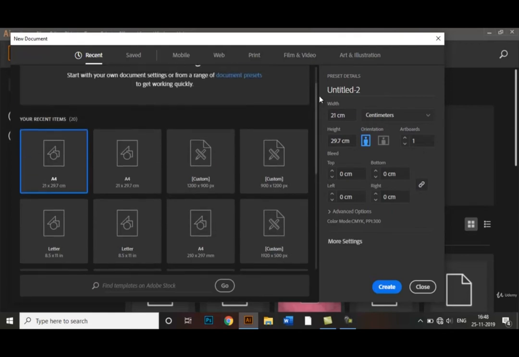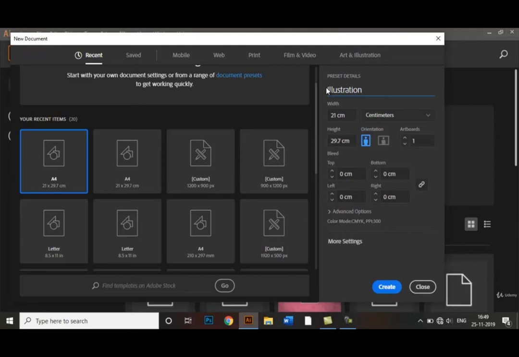the standard A4 size document, which is 21 centimeters in width and 29.7 centimeters in height. By default on my laptop, the unit of measurement is centimeters. On your screen, it can be a little different as well. It might be in picas or pixels or even inches. It can vary. Over here, instead of untitled, let's also give a name to our document. So let's name it